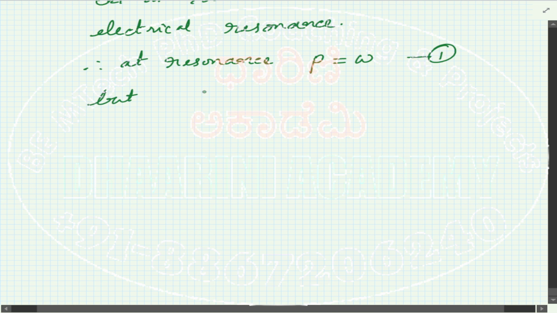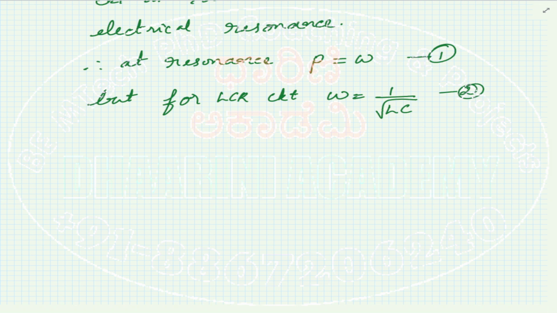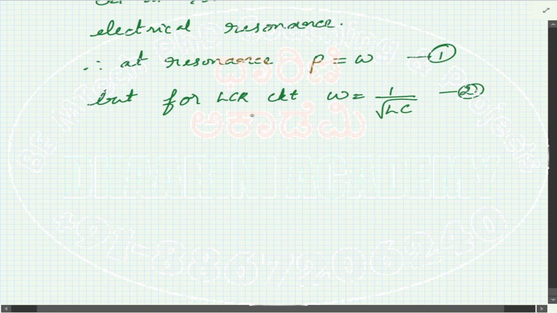But for a given LCR circuit, the omega is actually equal to 1 divided by root of LC. Call this equation number 2. Now we know the equation of P, which is equal to omega. So equating 1 and 2, this implies now the P becomes equal to 1 divided by the square root of